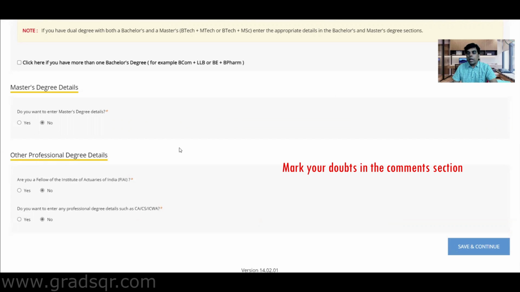Very crucial, because your academic criteria is one important criteria for filling up your application form. Why it is important is because your interview selection will happen based on this. I don't want any of you to go to the interview room and then realize that you have filled up something wrong in the form. At the time of verification, your certificates and what you filled up in the form will not matter. And sometimes because of that, you will not be able to attend the interview because your criteria itself would not have matched. Okay, so make sure that this is very, very clearly filled, checked, and you're sure what you're filling up. So if you are sure, we can save and continue.